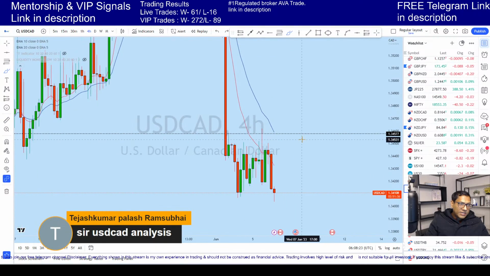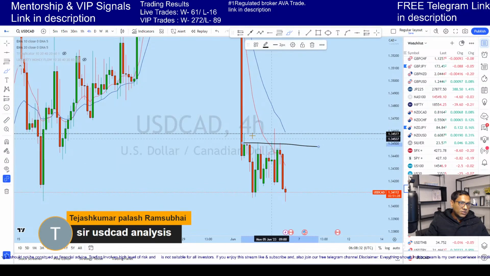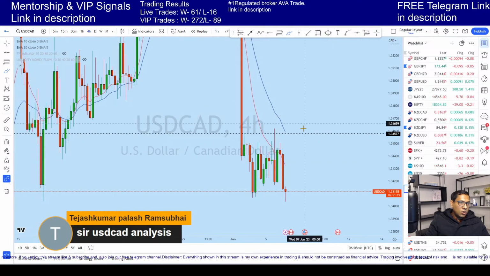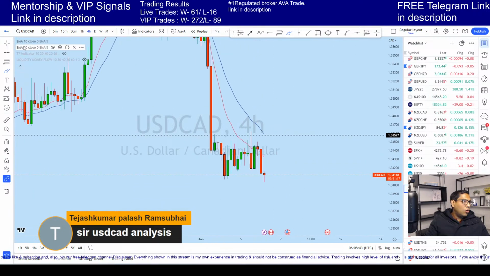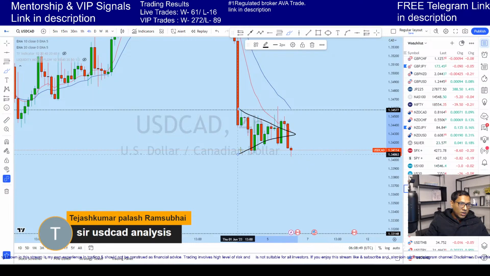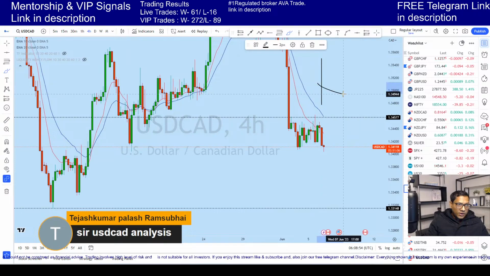How many times have we seen dollar CAD grab liquidity? If we look at this clearly, this is the resistance here, and we saw that multiple times the price grabbed liquidity and formed this bearish candle. We can expect dollar CAD to continue to drop. You can see that the market, after a strong drop, formed a triangular pattern.